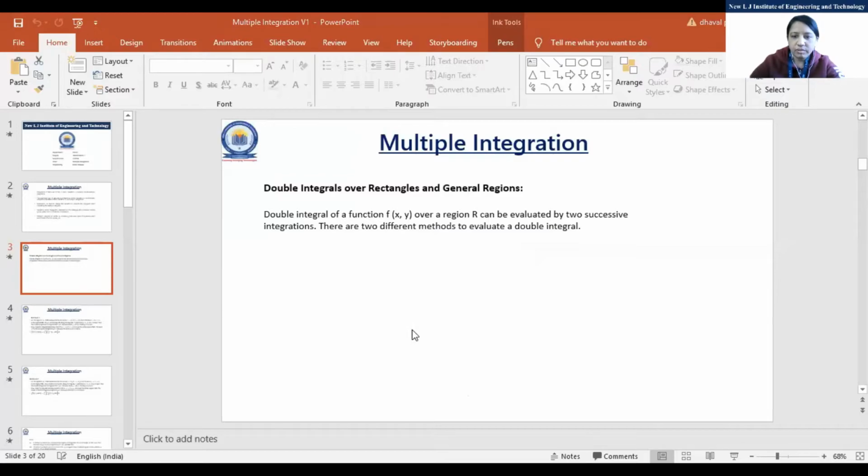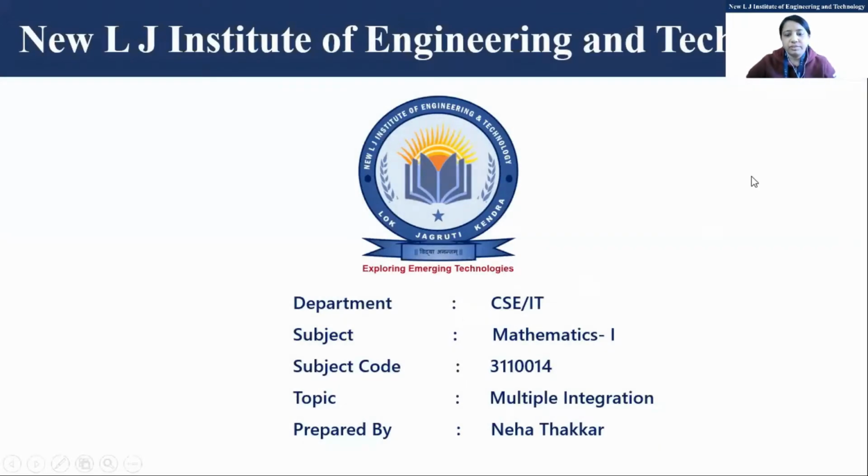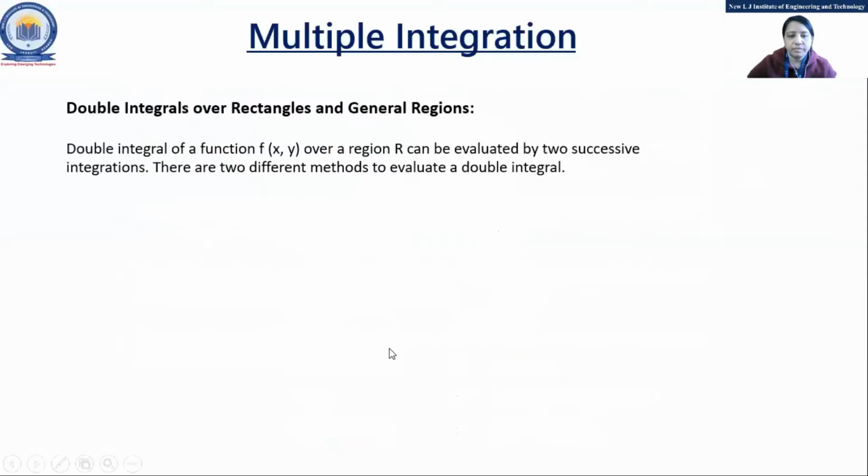So that is the main use of multiple integration. We'll take a point on the z axis and now the screen is visible. Right, so here we have X, Y, and Z. The integration over region R of f(x,y) dx dy, that will be given by what?